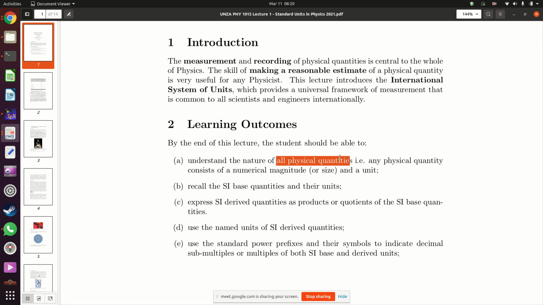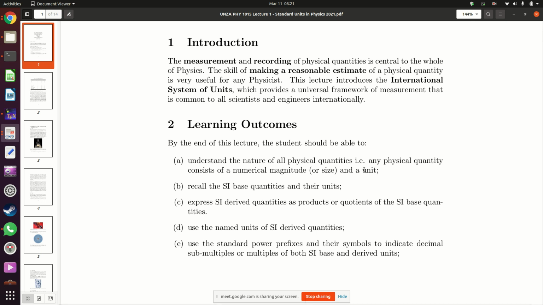In physics, we talk about physical quantities. We don't just talk about numbers like 10 or 5. No, 10, 5 doesn't mean anything in physics. In mathematics, it might mean something, but in the whole of physics, when you study physics, we are talking about something called physical quantities. And there is a makeup to these physical quantities. There is going to be a number in front,